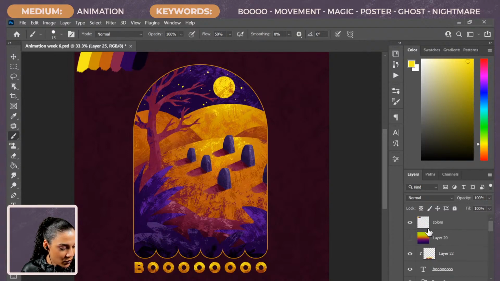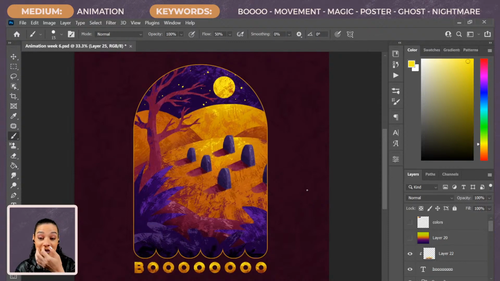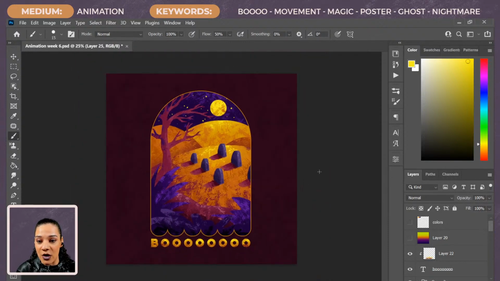So I'm going to walk you through how to animate with the video timeline in Photoshop. And this is just another one of the things that you folks can do in Photoshop if you're like me and you want to stick with what you know. I do animate in XD sometimes. I have animated in After Effects before, but sometimes I just want to stay in Photoshop. I don't really want to move around, and Photoshop does have some really great animation capabilities.